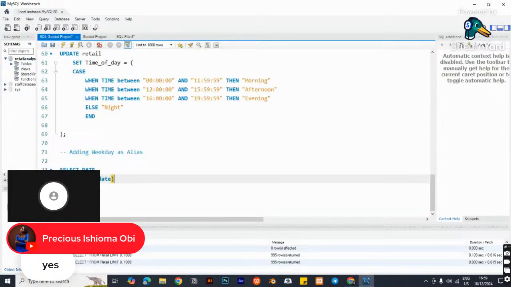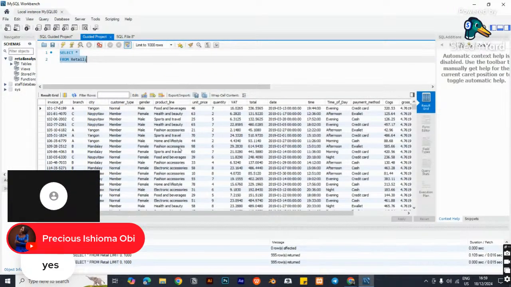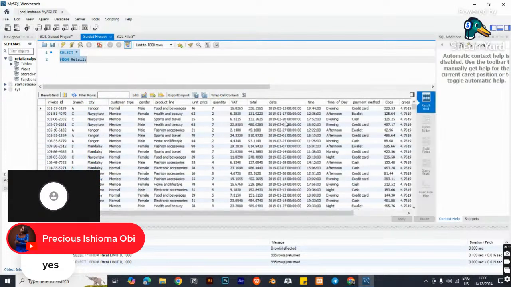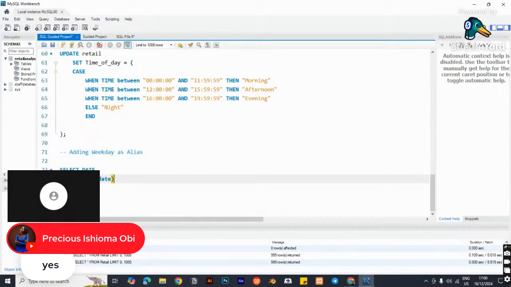We use the select keyword, and we are referring to the date column here. The day name is a function, like a function in Excel, where we want to extract the day of the week from this column. So we include the date here, and the next thing we'll do is make it an alias as